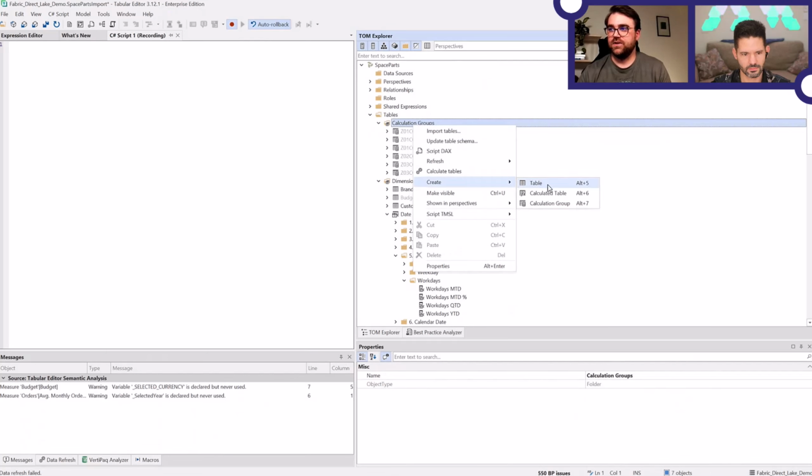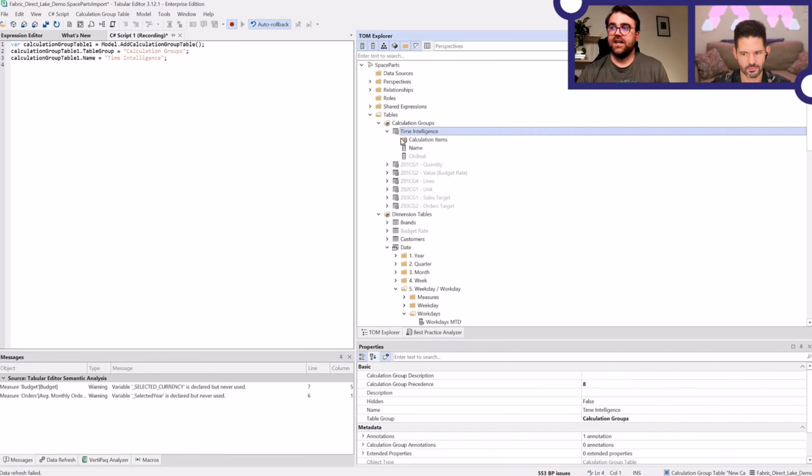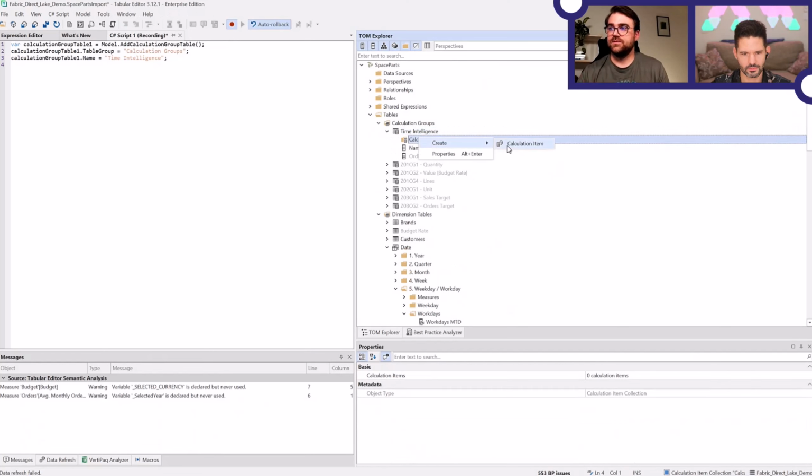So I could start building that by hand and say create a calculation group. I'm going to call it time intelligence. And if you notice, the script starts setting down what I'm doing. So now it has made a variable that said add calculated group table. What should that thing be named? It should be named time intelligence. It should be within the table group, calculation group. And if I start adding items to it,